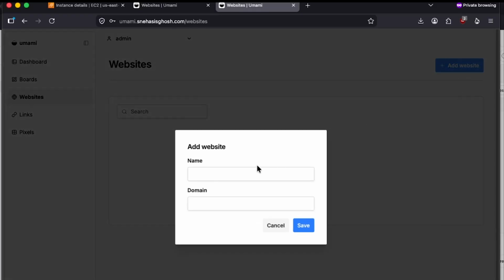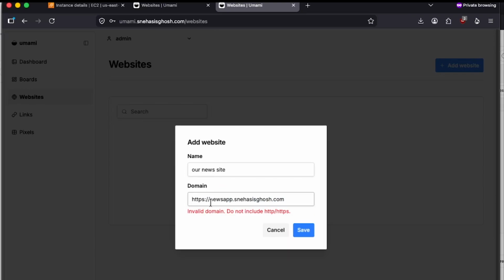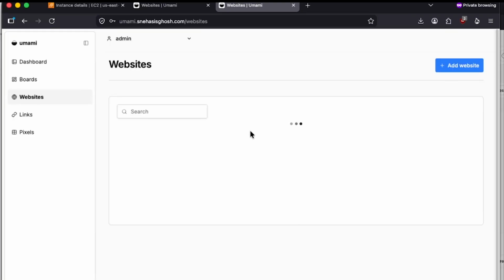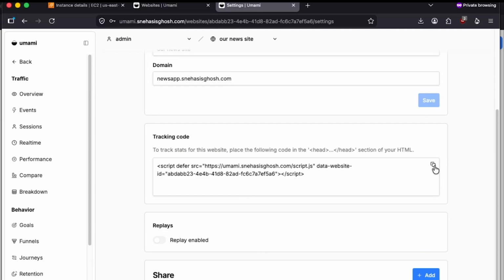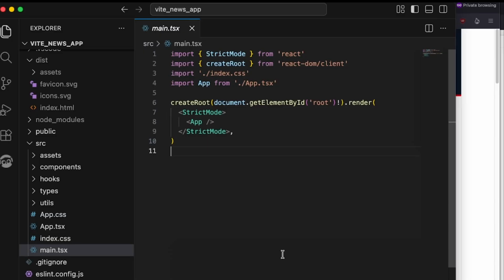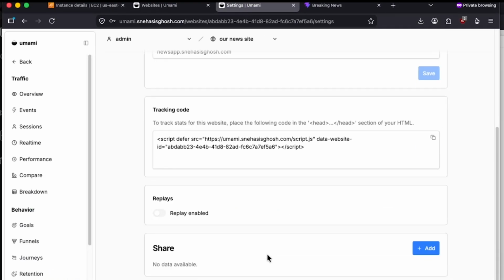And here we can add anything, like our news site. Just add the domain name, and then we need to add our domain. This was an application that we built in our previous videos. Just don't include HTTPS and save it. Now, after doing this, you need to copy the analytics URL, that is this one. You need to copy the tracking URL